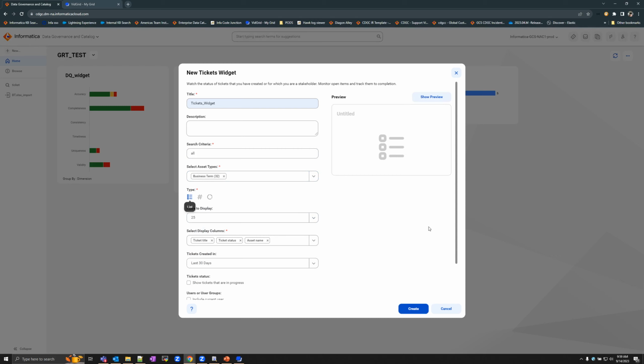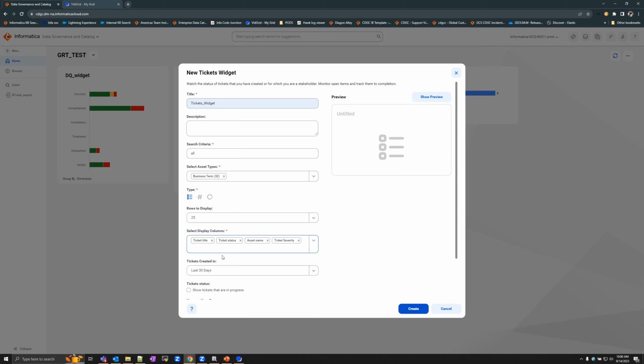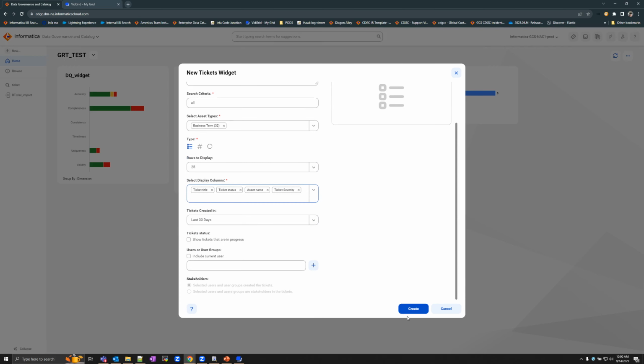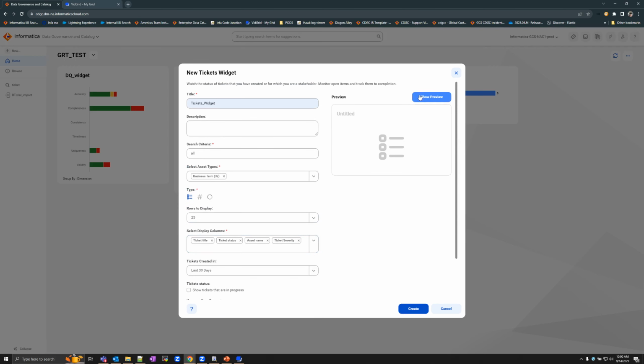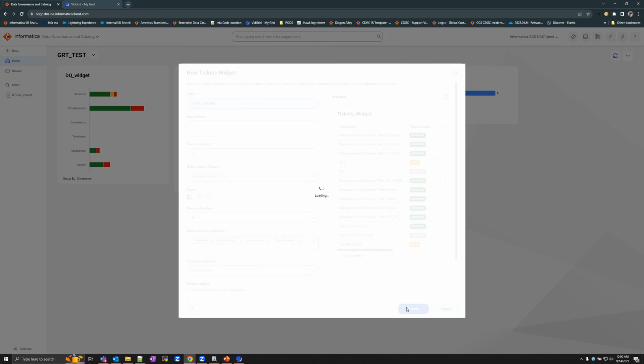Again, I'm going to choose the list option and I can filter the fields that I want to show. So here, for instance, I'm showing the ticket title, status, and asset name. Let's say I would like to see the severity of the ticket as well. I'm going to select that in and create this. Then I'll show a preview as well. And now if I create it,